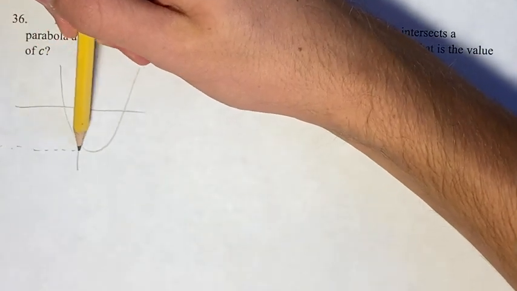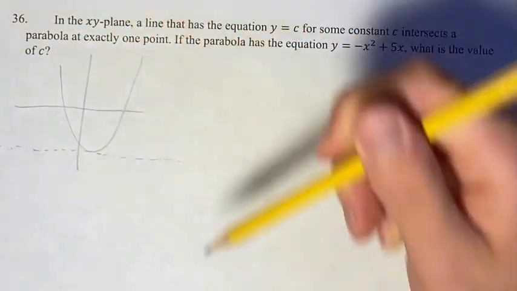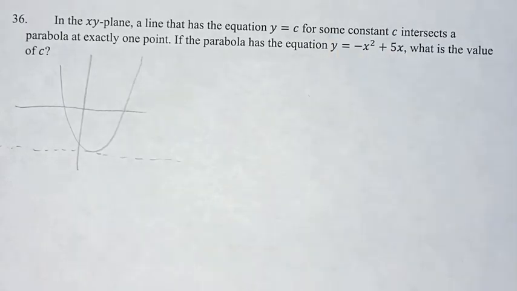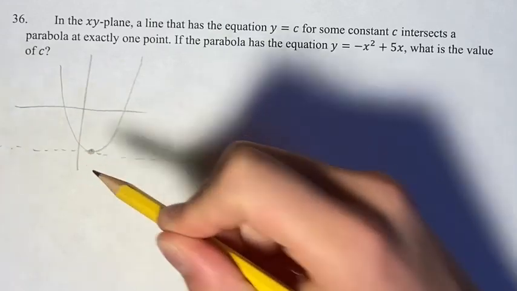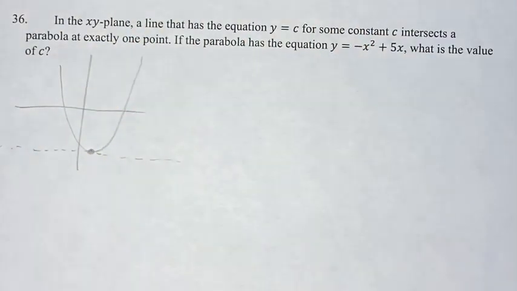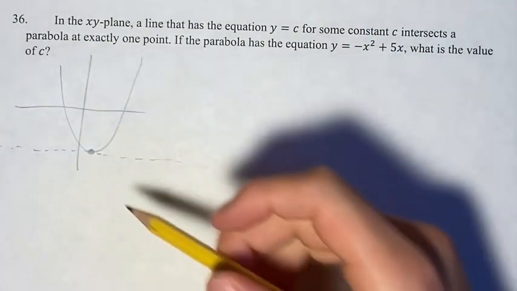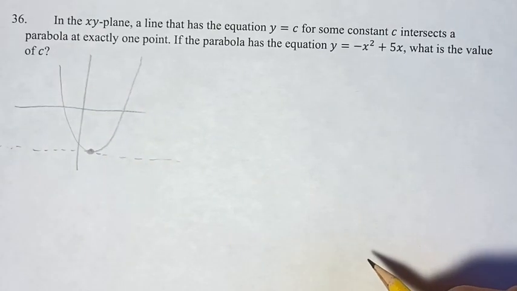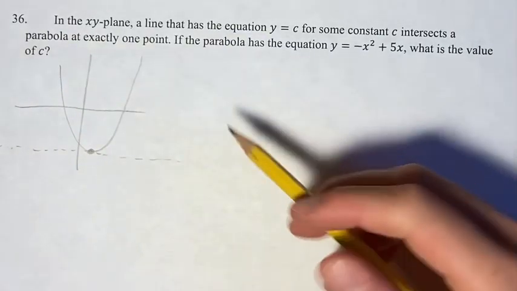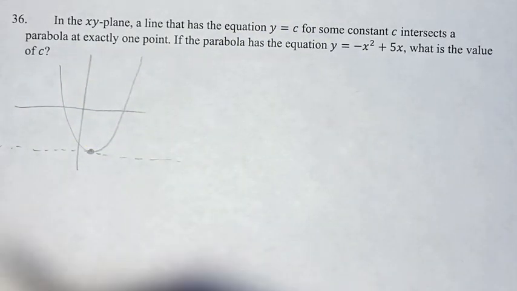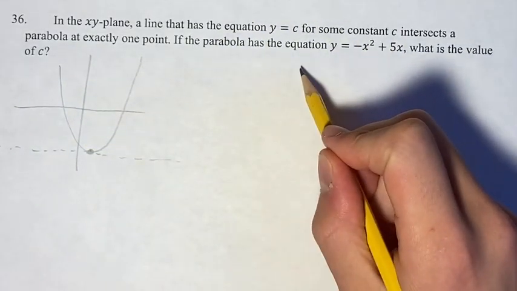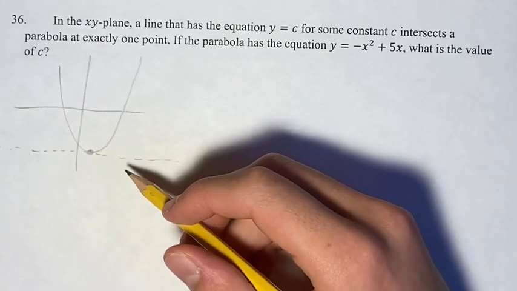So to find the value of c, for the given parabola we have y is equal to negative x squared plus 5x, we have to find the y value of the parabola. So that's the y value of the entire horizontal line. To find the vertex, we first have to realize that for any parabola, the vertex is halfway between the two x-intercepts. So if we have this here, and we want to find the x-intercepts, that's the value of x